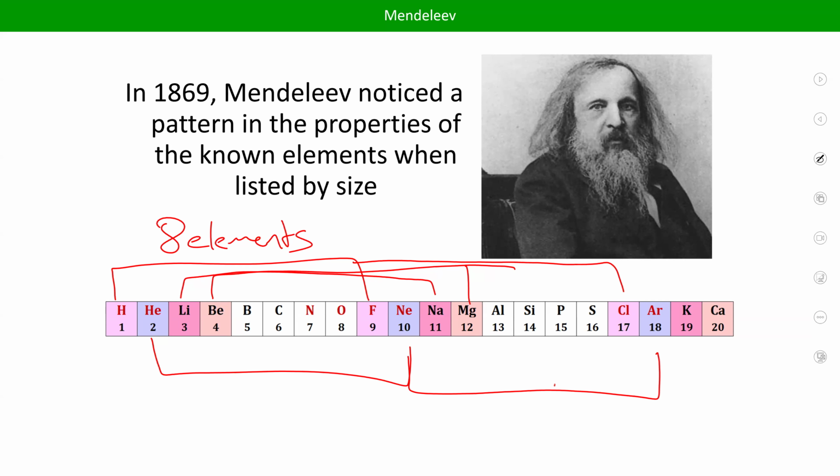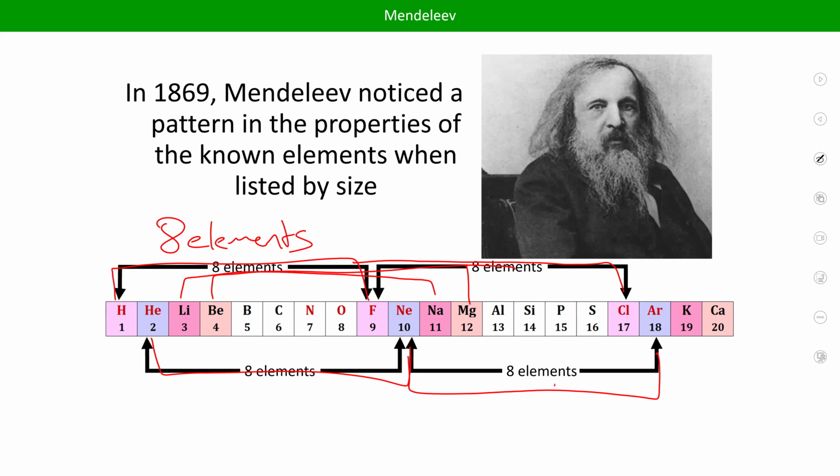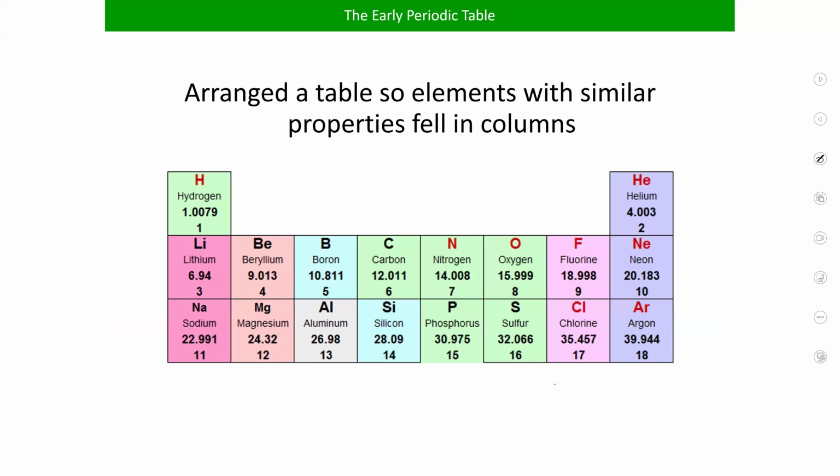So Mendeleev invented the periodic table as we know it because he looked at this list and said every 8 elements something repetitive happens. And so one of the simplest, or something similar to what he would have been working with, starts looking like this. This shape,